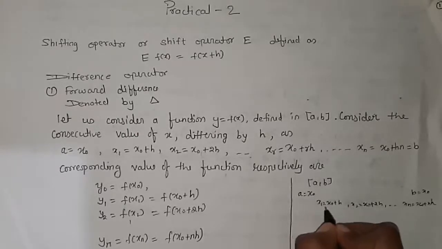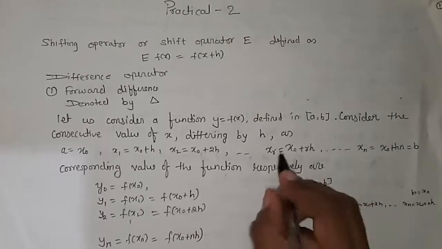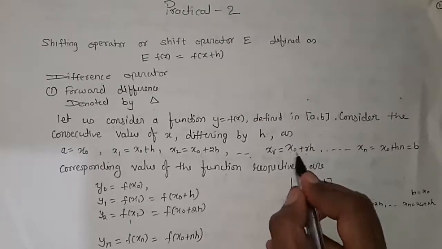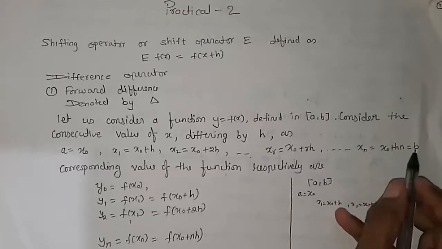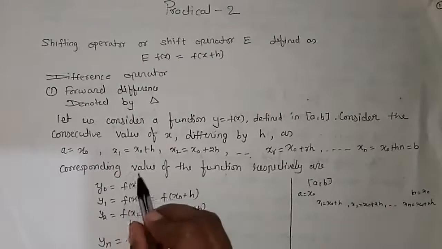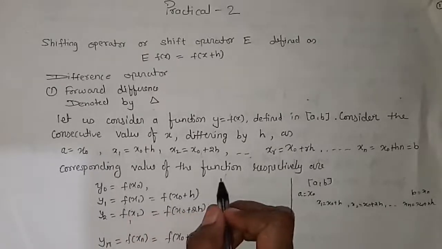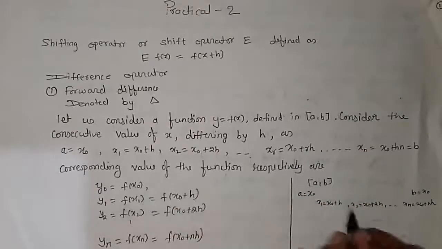Here there is no h in x naught, in x1 there is 1h, in x2 h plus h becomes 2h, in x3 x naught plus 2h plus h becomes 3h. Similarly in xr, x naught plus rh, and in xn, x naught plus nh, which is nothing but b only. So the values of the function corresponding to these values are given by,